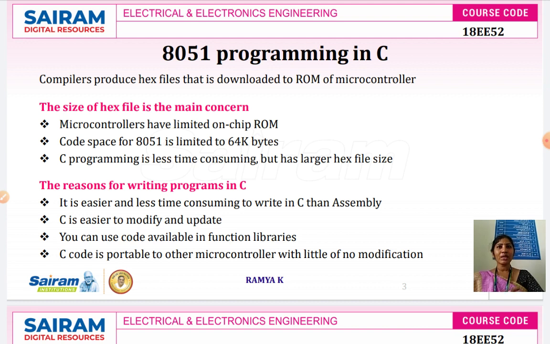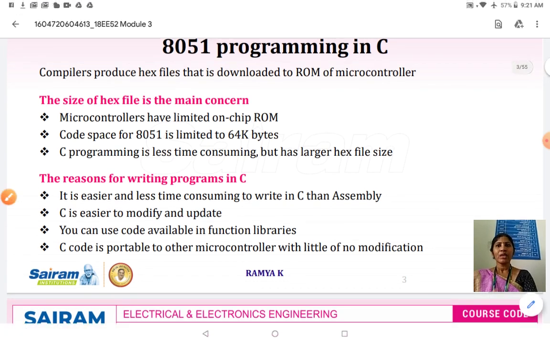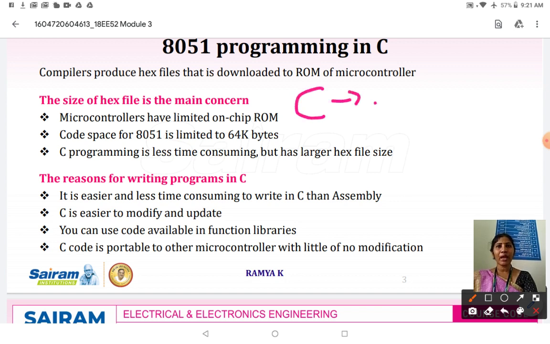Embedded C is a set of language extensions for the C programming language enhanced for different embedded systems. The extensions are required to support exotic features such as fixed point arithmetic, multiple distinct memory banks and basic I/O operations. That is why we go for embedded C, and most of the syntax and semantics of embedded C is similar to that of the C language, for example the main function.